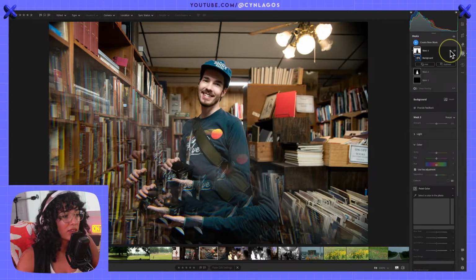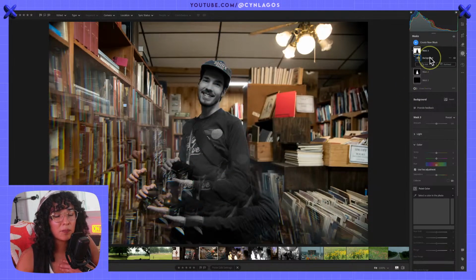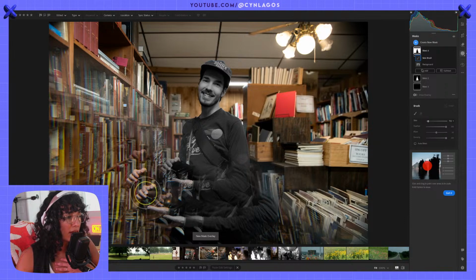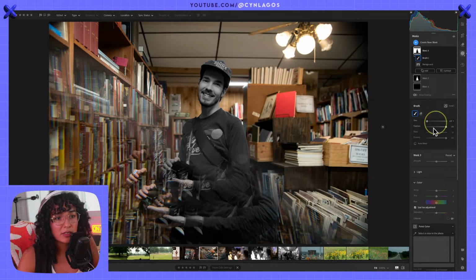However, I do see that the hands are not being selected since we have so many hands. I think we're gonna have to add to this mask. So let's go in here, select add. Let's use a brush in order to add. Reduce that brush and start painting. And that should help add some of these here. Feather, no, I don't want so much feathering. Density is good.